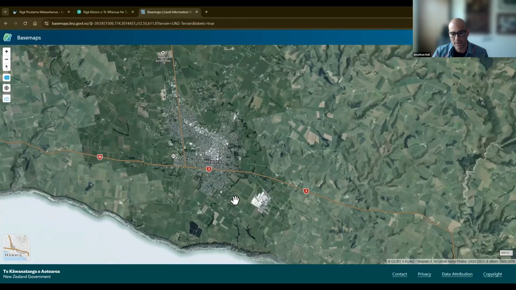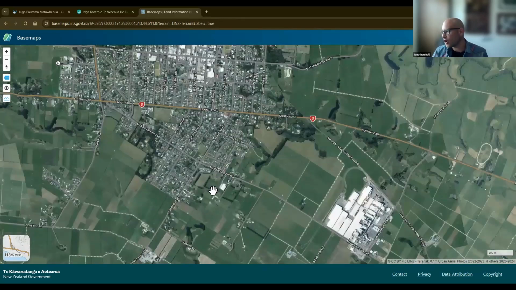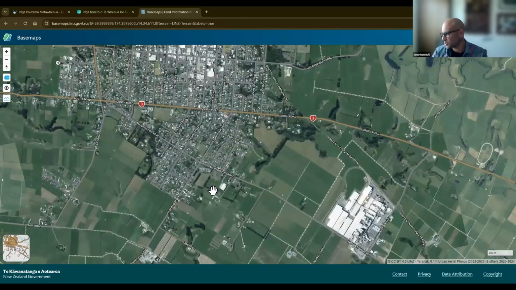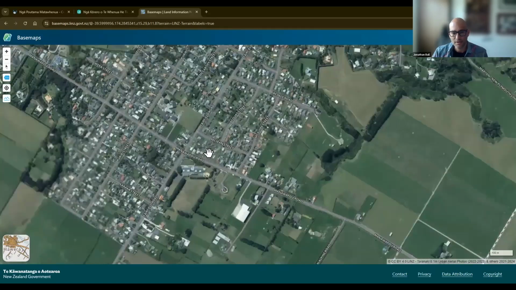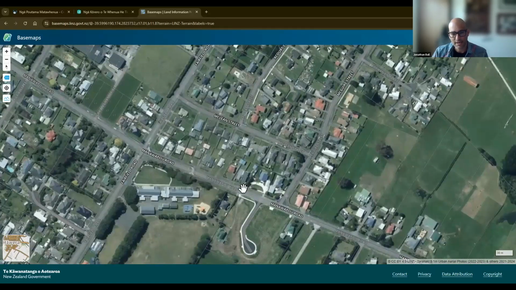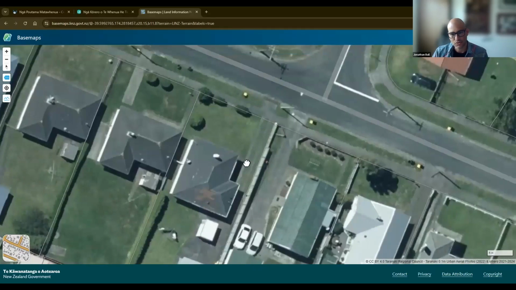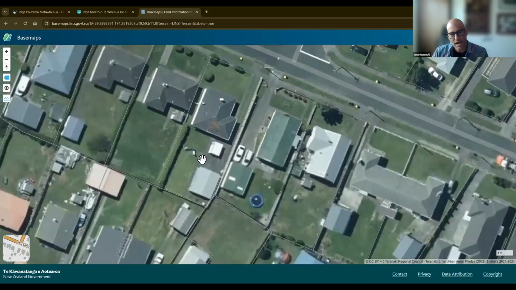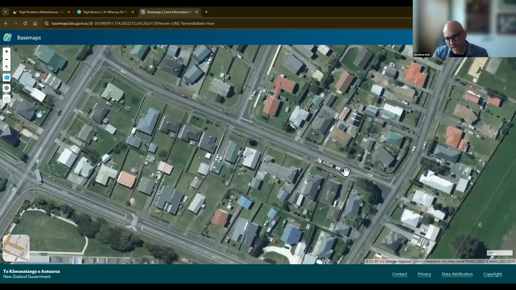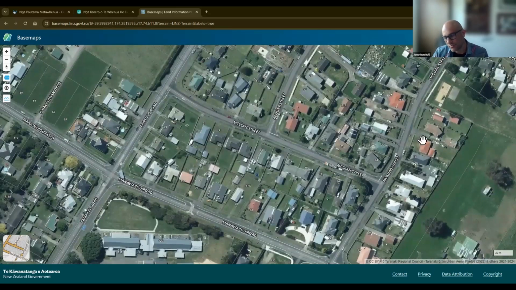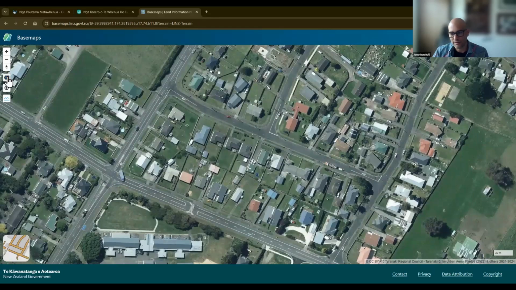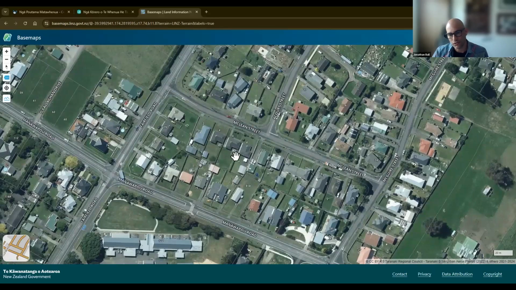That's urban imagery appearing. We don't load those layers until they're useful to the map, so until you'd be able to get some sort of detail out of it. We can go right down to that 10 centimeter sort of level. You'll notice that there's a little bit of extra information on here, street names, numbers. You can really easily make that disappear by turning the labels off like that. I generally find it's quite useful.